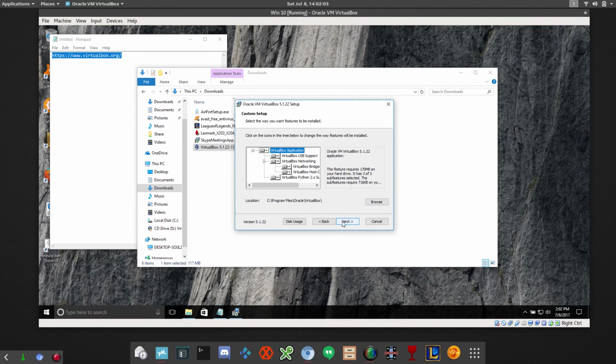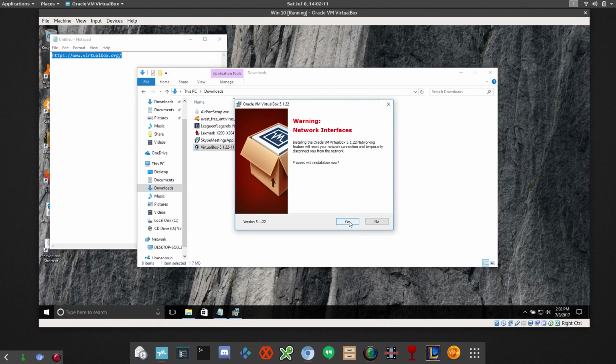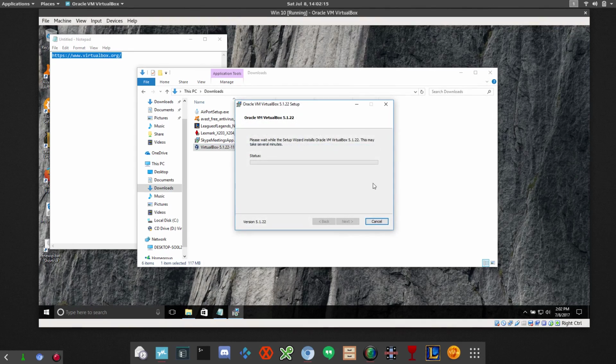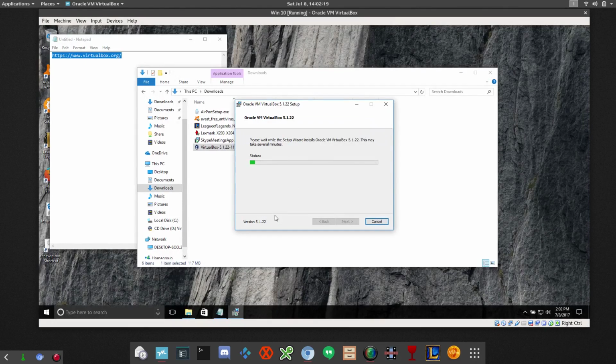And it's funny because I'm installing VirtualBox within a VirtualBox. That's pretty funny. So yeah, we're gonna go through the installs. And like I said, it's very simple in Windows. I'm surprised most people are not using this, but